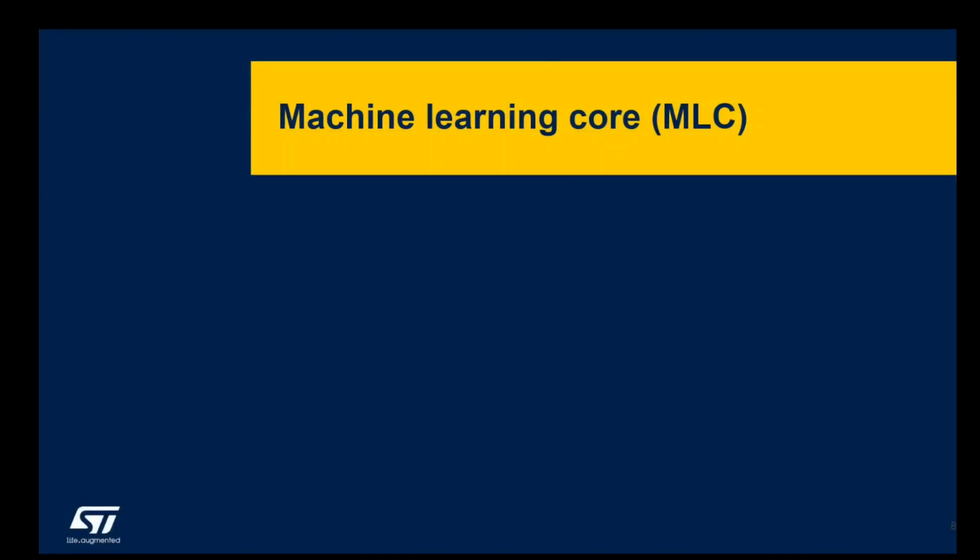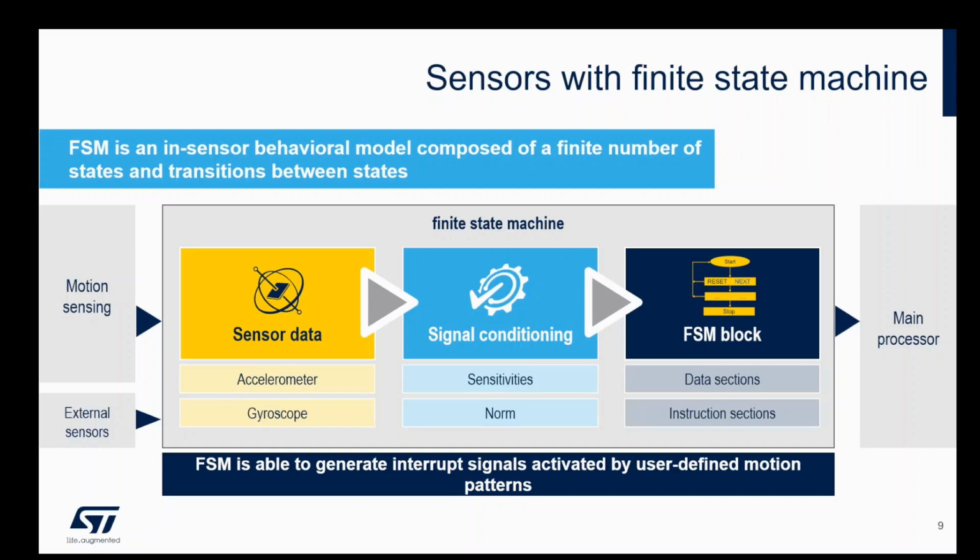So let's talk about machine learning core and finite state machine. In case of finite state machine, here is a block diagram. So essentially,